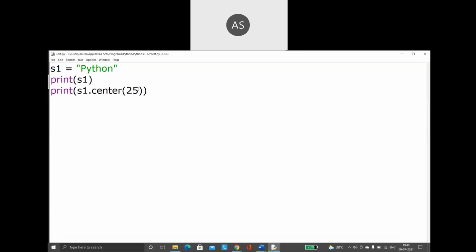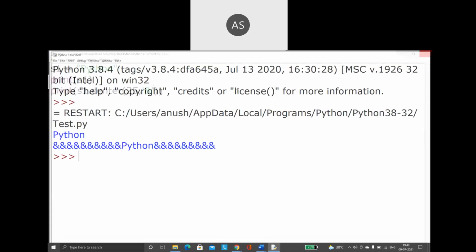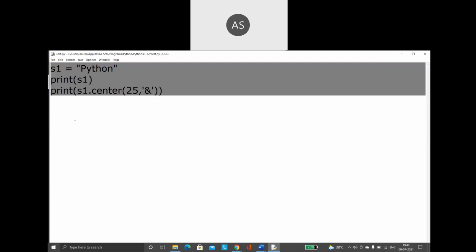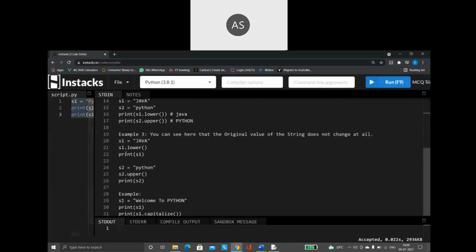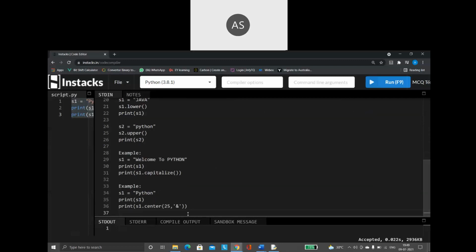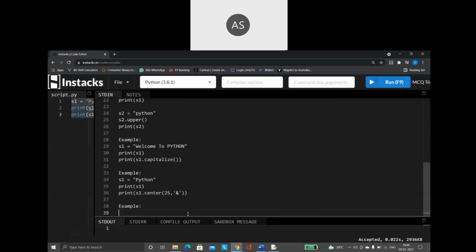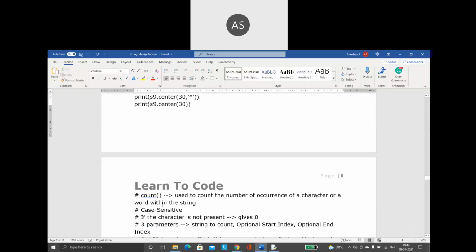With the character, you can see very well that on both the sides the padding is actually done for us. So this is how your center function works. Center is a function that is used purely for alignment purposes. Nothing else special in that function. We are going to make use of it only for the purpose of alignment. Right. So then moving on to the next string function.